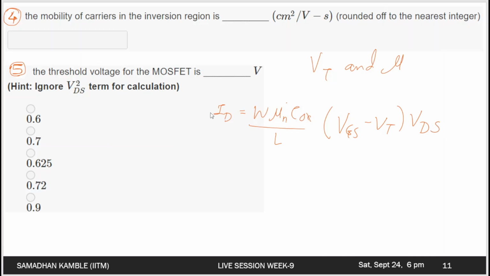And as I told you, for two values of ID, we can simply write ID2 minus ID1, which will be equal to W mu n Cox over L times VGS2 minus VGS1